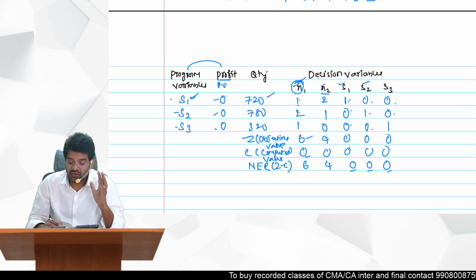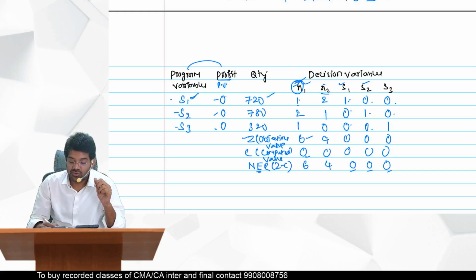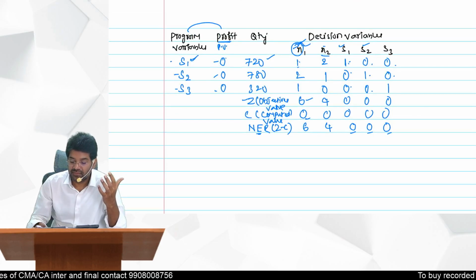What is the meaning of NER here? If I introduce 1 unit of x1, then what will be the net profit per unit? Your profit will increase by 6 rupees per unit. If I introduce x2, then profit will increase by 4 rupees per unit here. So